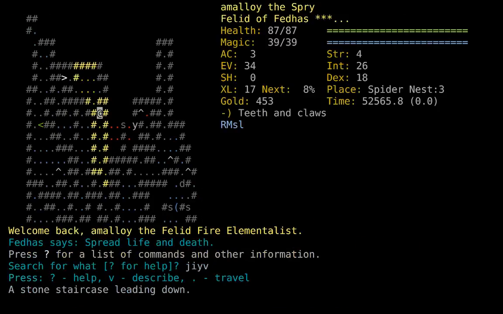Are we on the downstairs yet? We are. Okay. So we're on the downstairs, headed to Spider 4, and I think we'll just go there now. But I did want to point out something I was thinking about here,